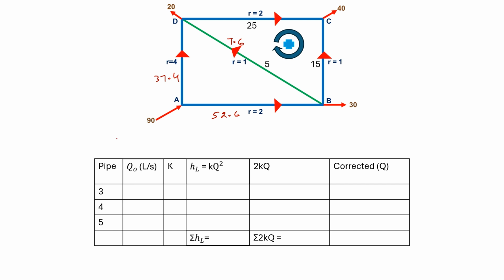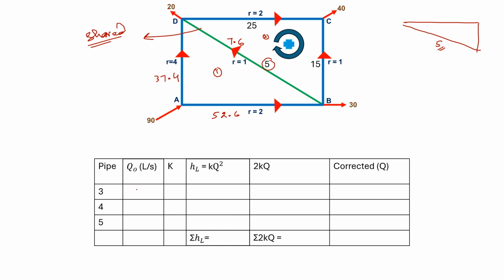But for the case of next loop, we will keep see this green pipe. Basically, this pipe is a shared pipe between both loops. This pipe is a part of first loop as well, and it is also part of second loop as well. So this pipe will have two corrections, from loop 1 and from loop 2 as well. When we are considering or drawing the loop 2, we will have to draw this pipe as well. So it will have a discharge of 5